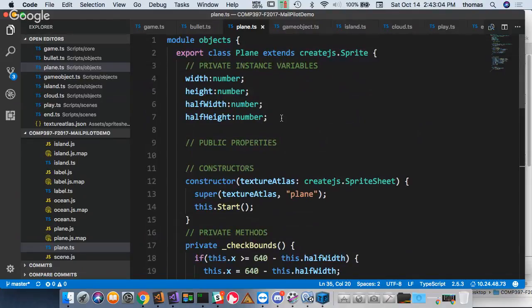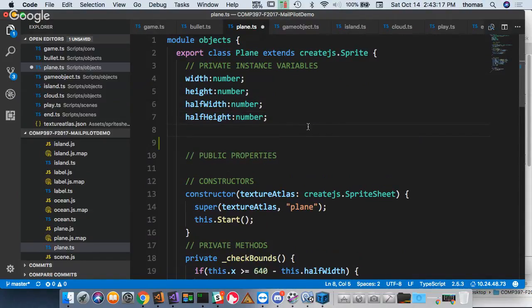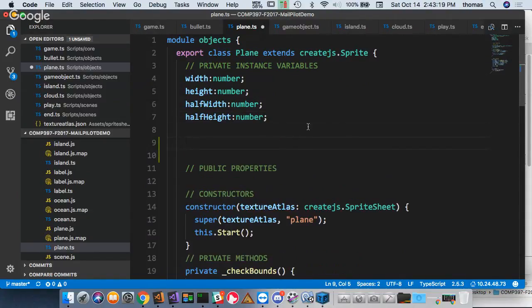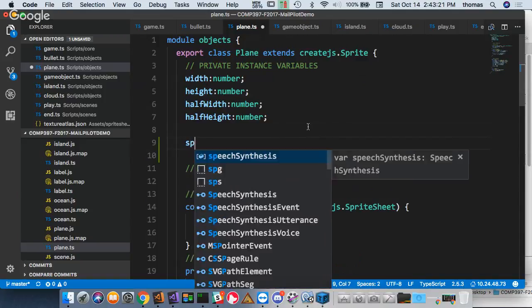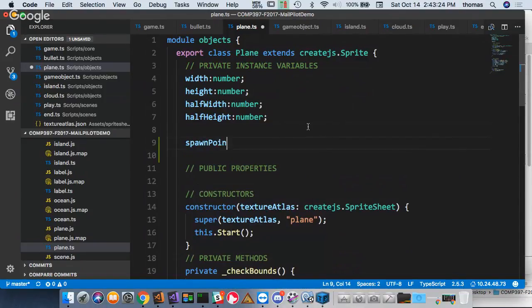So let's put this out. I've got half width, half height. As an example, these are private. I don't really care about them, so I'll leave them as is. They're usually private, but their default is public. And what I'm going to do is also put another private variable, which I'll leave like this, and maybe I'll call it bullet spawn,